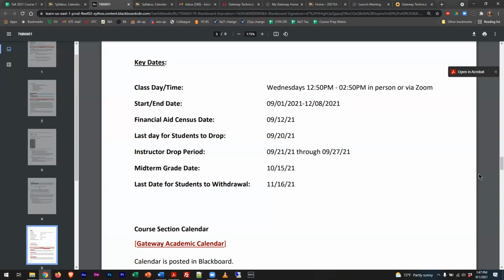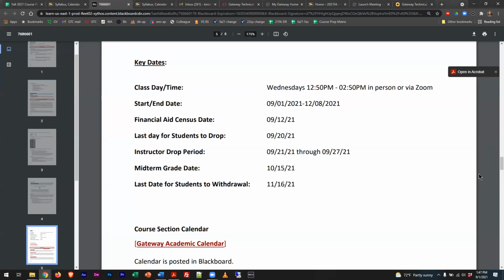And it, once again, does not stick on your permanent record. It's not part of your transcript. If you're taking this course and think, "this isn't for me, I don't want to do this, I give up, I'm walking away," whatever your situation is, I recommend that instead of just flunking out and taking an F on your transcript, you use that last date option. So if you withdraw formally from the course by November 16th,